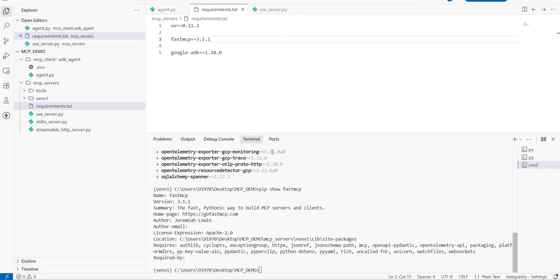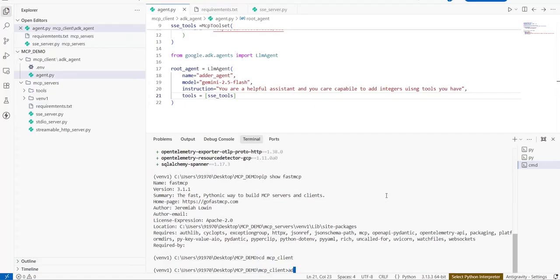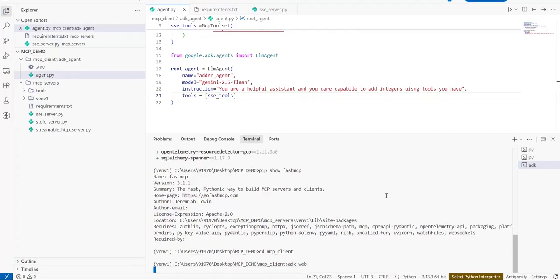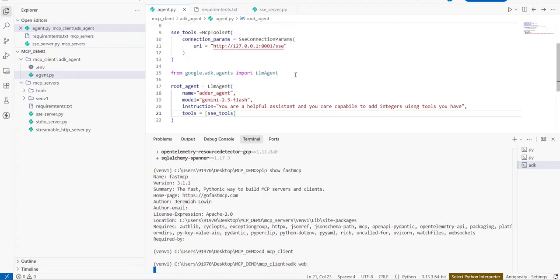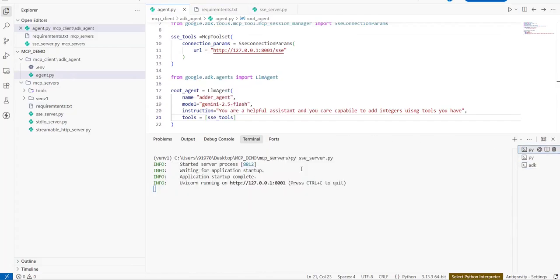Okay, now we have installed the Google ADK, so we are capable of running this ADK agent. In order to run this agent, we first need to move into this MCP client. Then simply adk web is the command that we can make use of to run this particular ADK agent. We already added an SSE tool to this. So that SSE tool is over